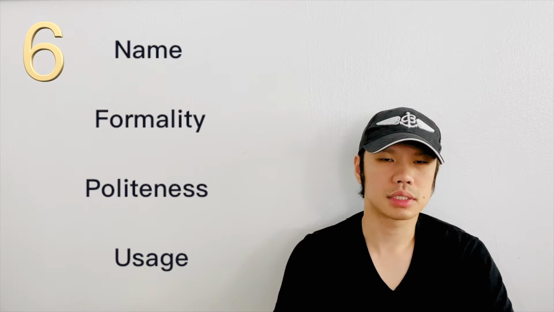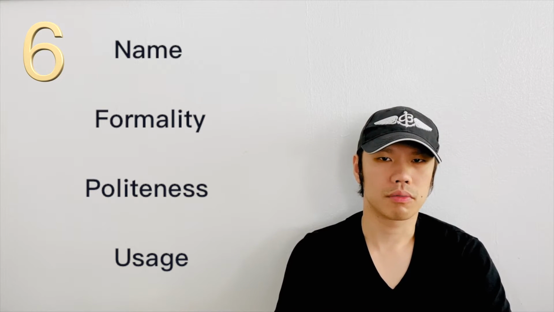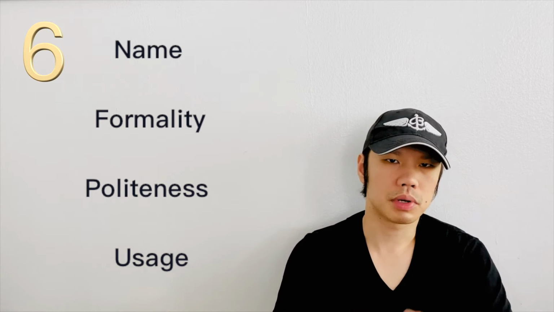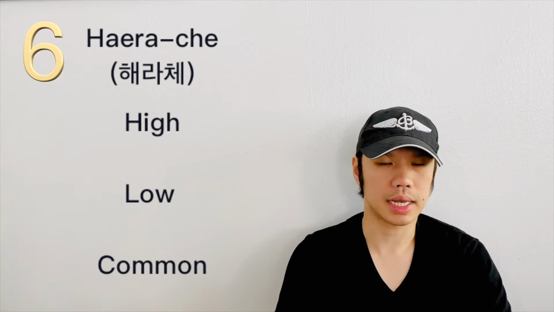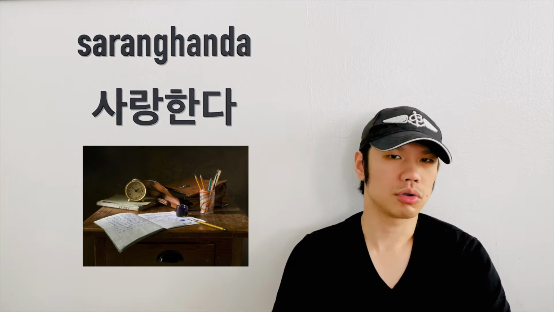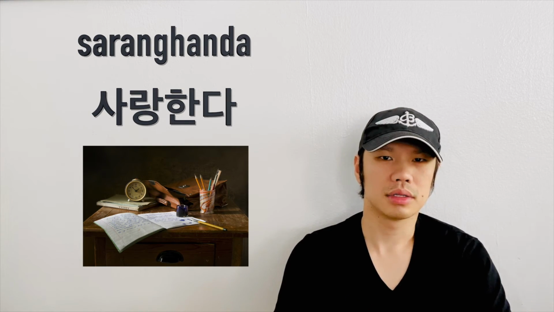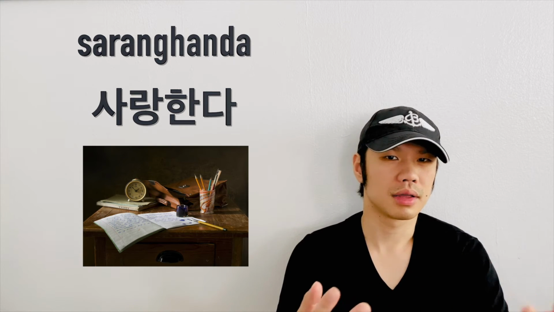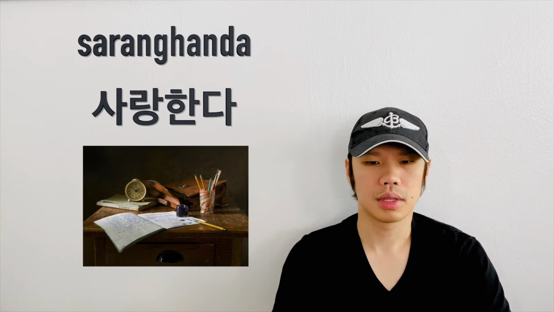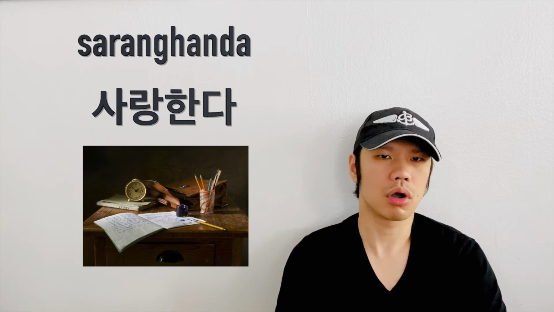And then the next one is the lower category. In that category, you're speaking to specific people who are younger, or in less polite or even intimate settings, right? The first one is less used, but it's more used in colloquial speech and books, where they will say 사랑한다. You add n at the end to make it seem a bit casual, but not too casual, in that you still respect them. It's more common in books as opposed to everyday speech.